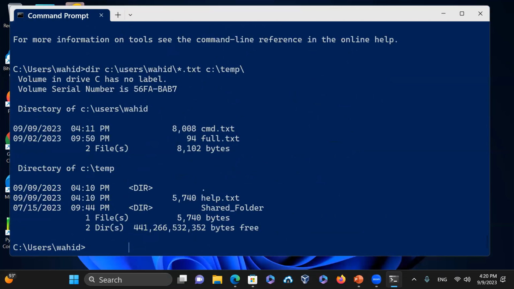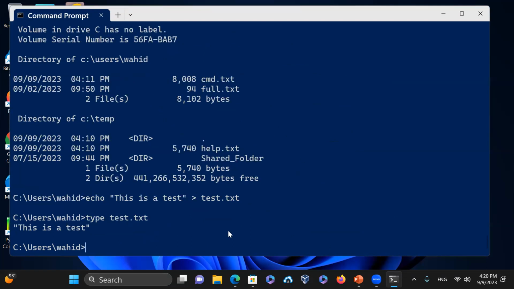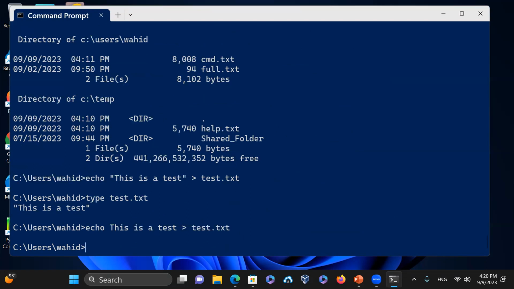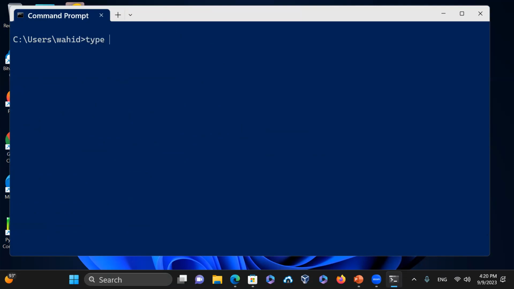And then notice that if I just create another command, let's say echo, this is a test, and then I'm going to just say test.txt. Now type test.txt. I just created that file and put that text in it. If I don't put the double quotes, the echo command automatically puts it in the format that I want, and then type test.txt is going to do that. So if I say clear screen and type test.txt, I wrote that one, and then I'm going to say echo